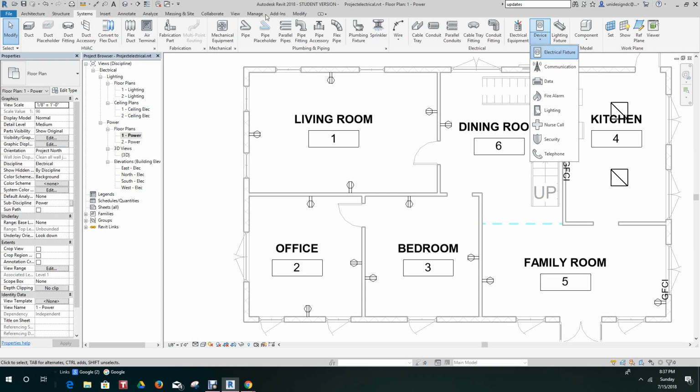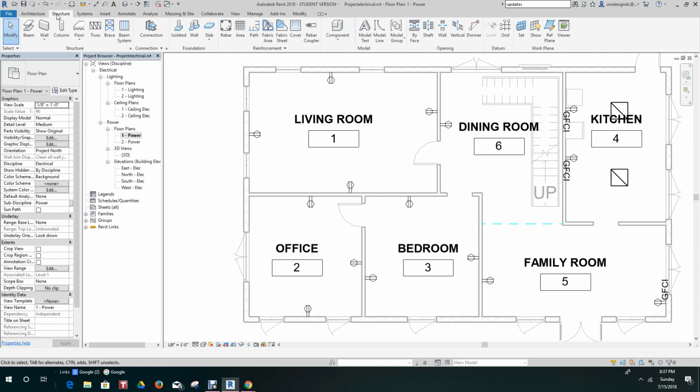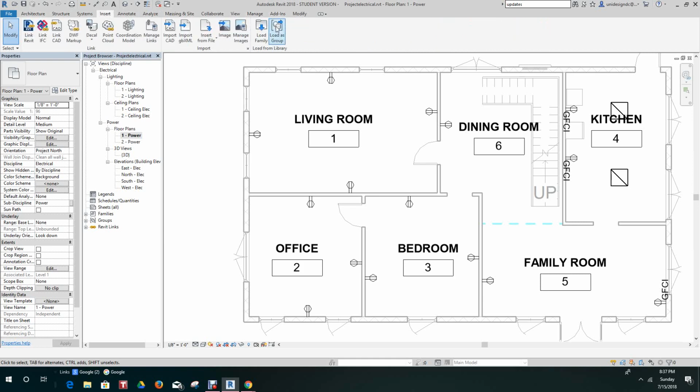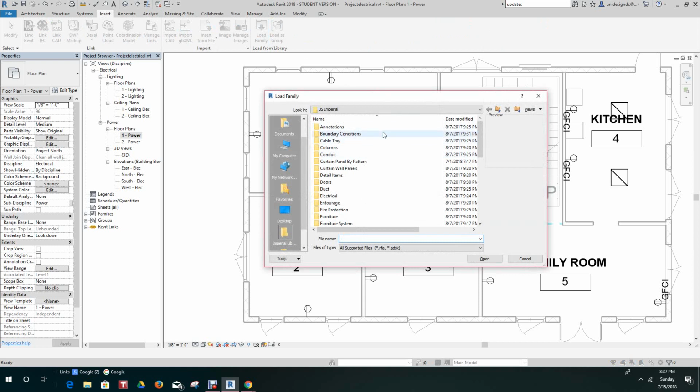Okay, we'll load that guy in then. I kind of wanted to wait for this because I wanted to circuit some stuff, but let's just move on since we're out here. Let's go load family. Let's go down to electrical. Somewhere in here. Oh, there we go.